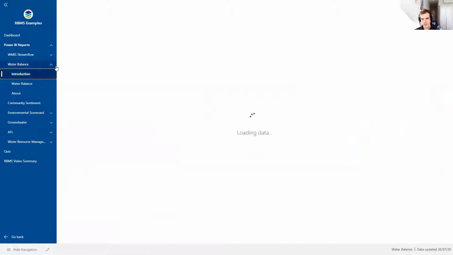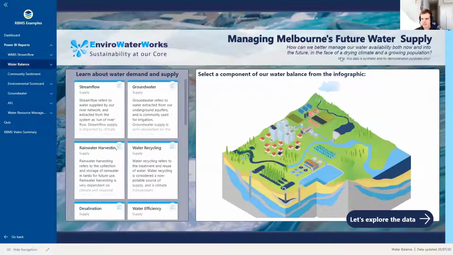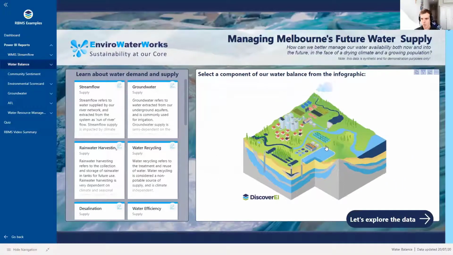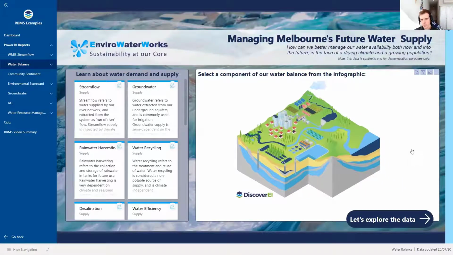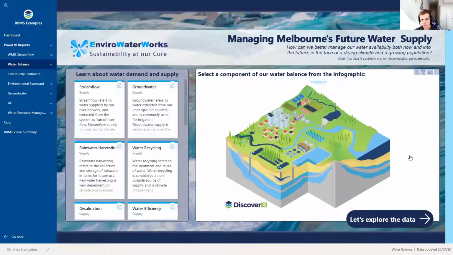And the last one that I just wanted to take you through is looking at, again, a synthetic data set of a water balance study, which would be quite common to a lot of people on the call, I'm sure. So water balance, obviously water supply, water demand, it's extremely important in terms of looking forward and managing our future supply. But if someone picks up this Power BI report and they don't have that background knowledge and concept understanding,